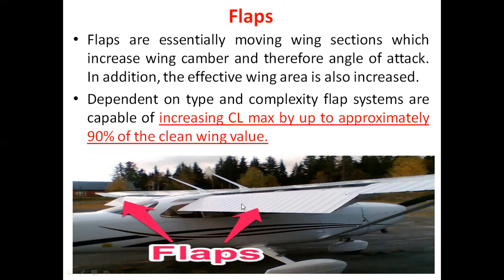So in this picture, this is the flap. This is an example of a Cessna 172. This aircraft belongs to the Cessna 172. So the Cessna 172 aircraft has one wing flap, another wing flap. This is the flap which is located at the trailing edge of the wing towards the wing root, that we can say towards the inboard portion. Flaps are attached towards the inboard portion.